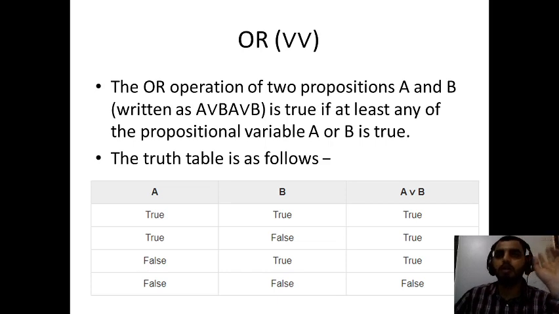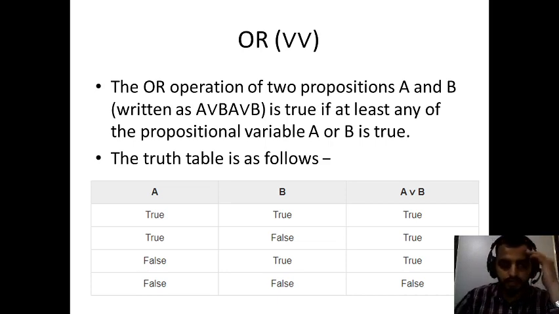Or else, you went to a retailer shop to buy some oil, and your mother told you to get any of the oil, like sunflower oil or groundnut oil, any oil. So now you have the option: if you are getting any of the oil, you can get the oil. It means if any of the conditions is true, then this condition is true.